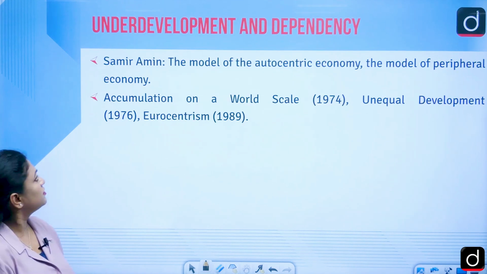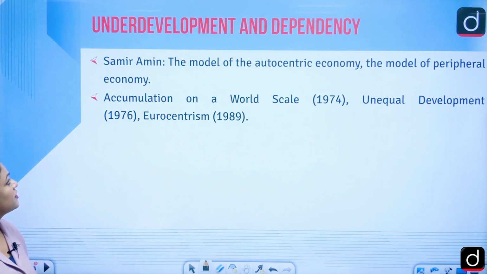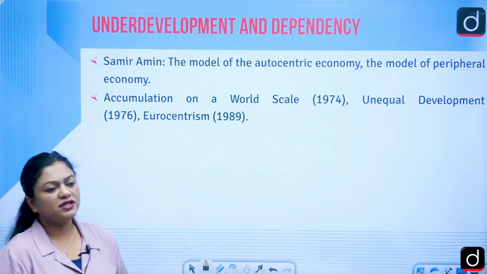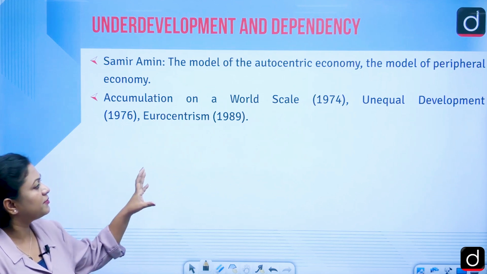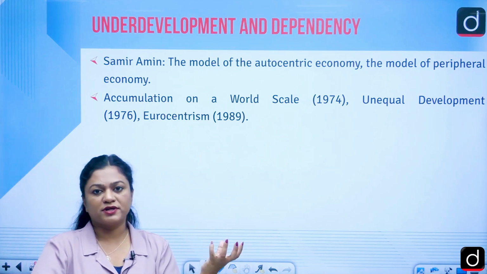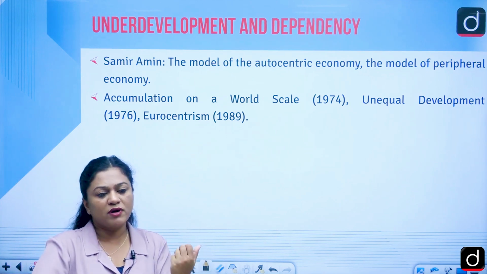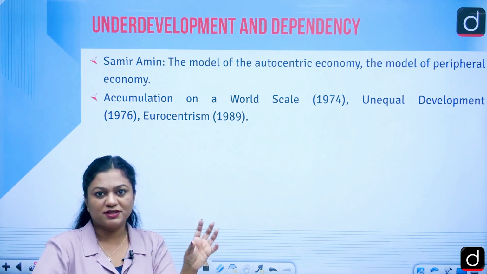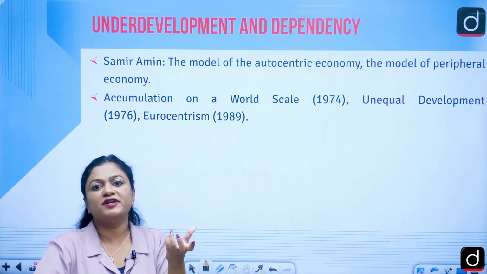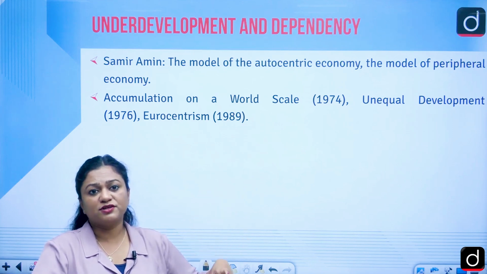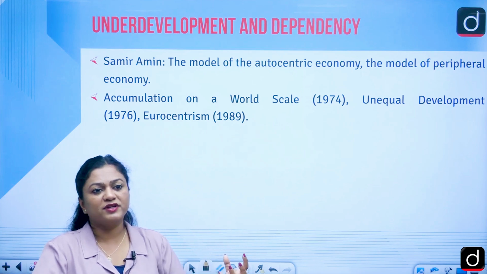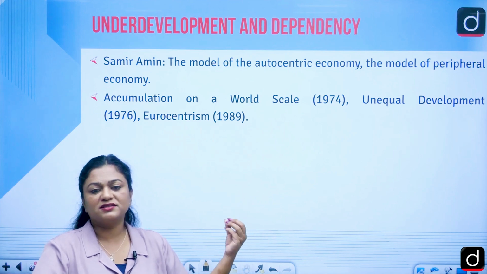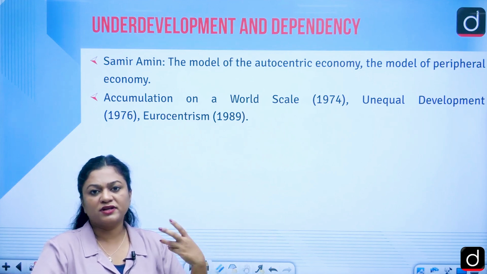The next prominent thinker was Samir Amin. He gave the model of the autocentric economy and the model of the peripheral economy. In the autocentric economy, he is talking about the European or northern hemisphere countries, where the agriculture sector and industrial sector complement each other, which gives a good way of development. But in the peripheral, poorer countries the industrial sector is very small, the agriculture sector is larger, and these countries produce luxury goods, which is not giving any benefit